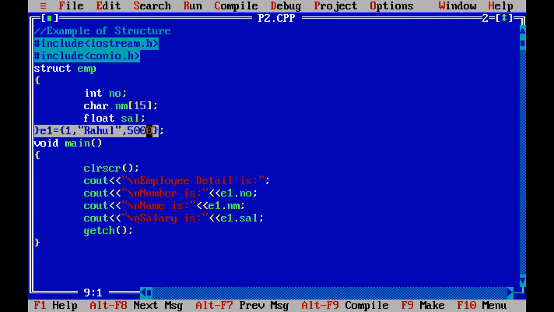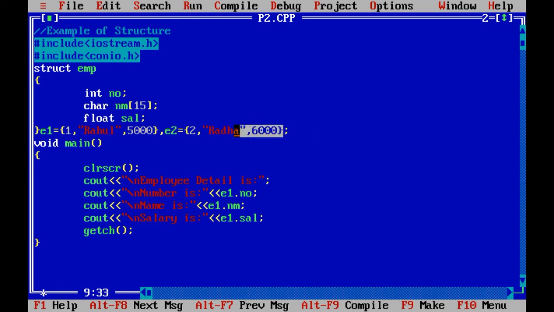Now consider the situation where I want to pass a second value to this structure. How can I pass? I just put a comma in between, then E2 equals to second, Radha, 6000, bracket over.